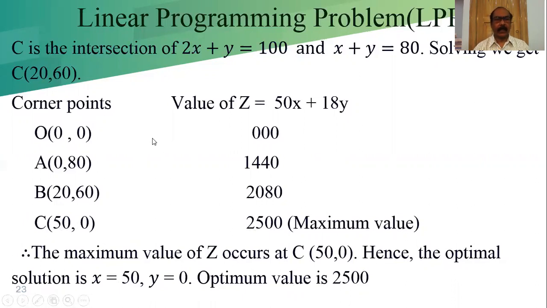See, in the last two examples we got the feasible region, and the feasible region is bounded. That means we got a closed feasible region, with a boundary, and from that boundary we got the corner points and the extreme points. In some cases we will get them in a different way, which I am going to discuss.